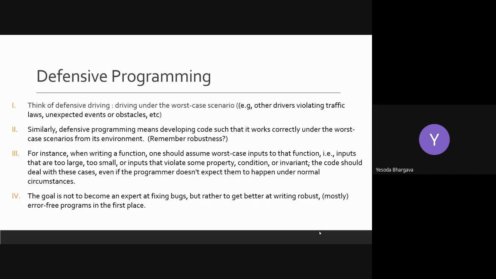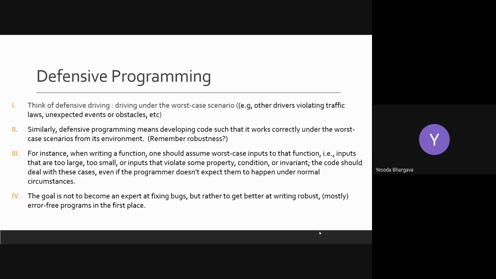So whenever you are programming, always think of the worst case scenario and don't expect perfect inputs, because that shows how much in depth you are thinking about what you're creating. And in the long term, this will definitely help you in obtaining fewer bugs.